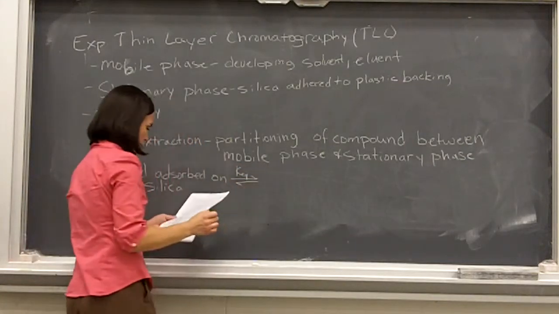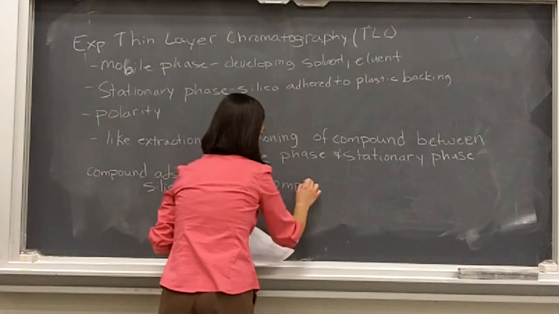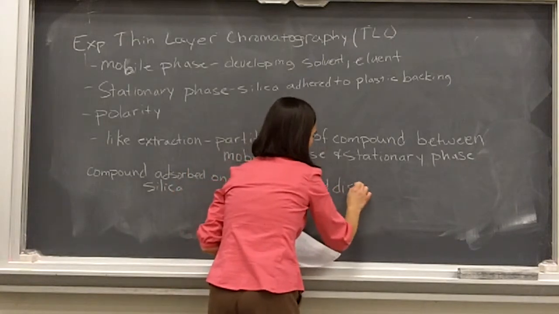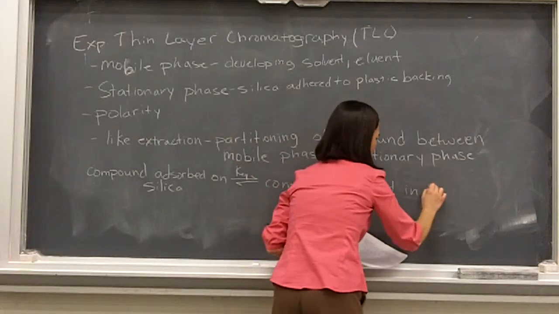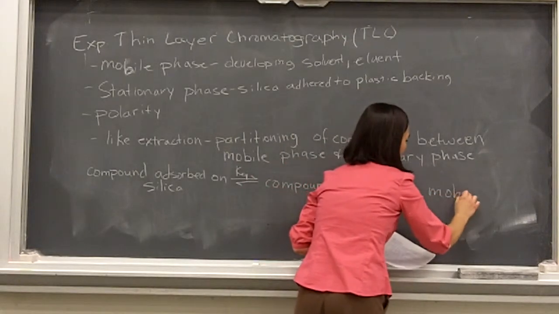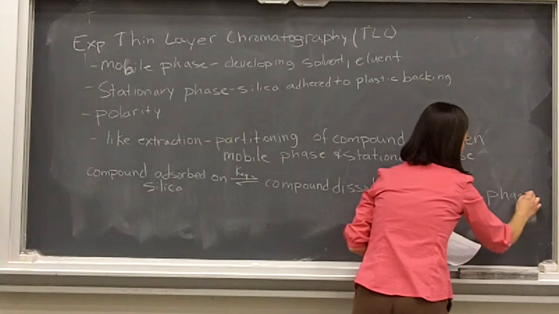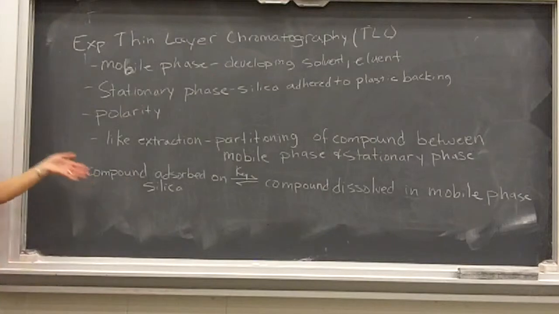So equilibrium, and the compound dissolved in the mobile phase. And so you've got this back and forth constantly occurring between the silica and the mobile phase of the compound